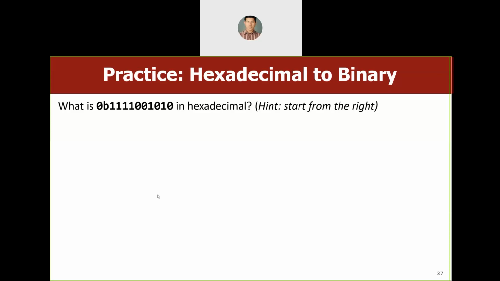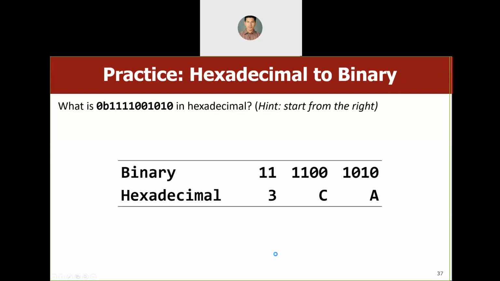Yes, sir. Okay, what is the answer for this? Sir, the number is 0x3CA. Okay, what is the answer? 0x3CA, not 0 into 3CA. So those who just copied the answer will presume it as 0 into. It's not 0 into. It is 0x that represents a hexadecimal number, and the answer is 3CA.